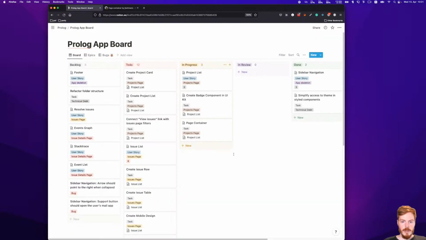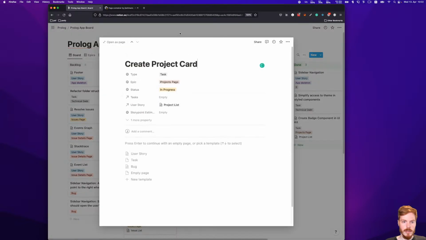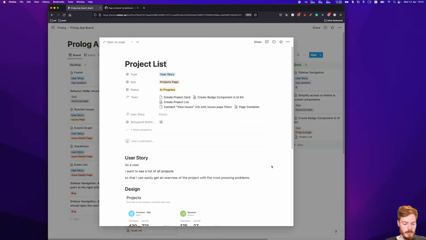And let's check the board. So this one is already done. I merged it to main. This is in review still. And now we can actually start with a project list. No, project card, sorry. This is the most urgent one. I guess this again doesn't contain a lot of information, but